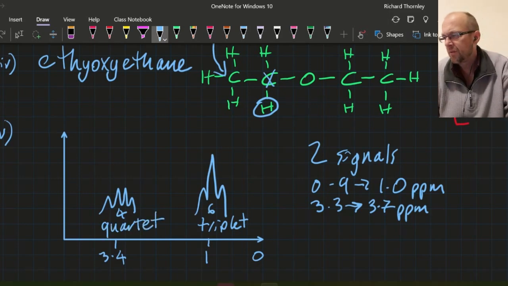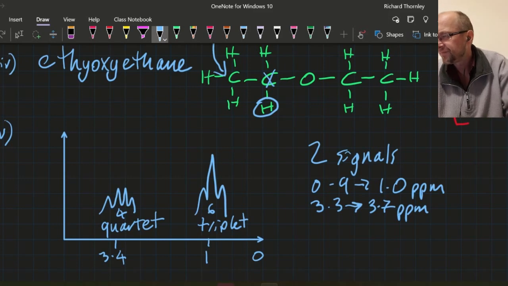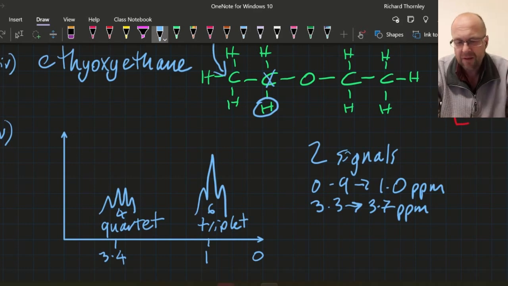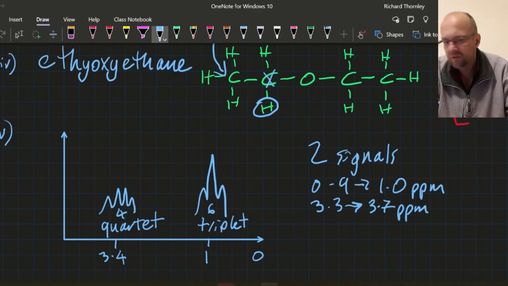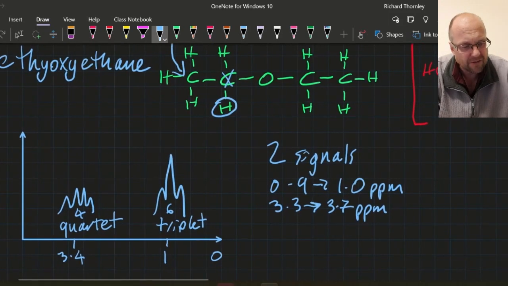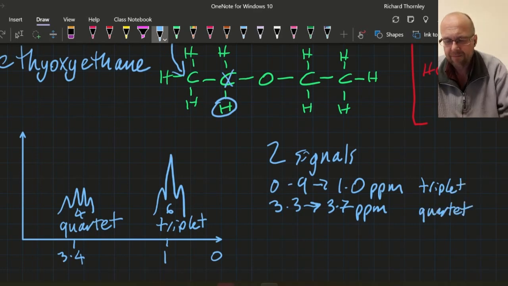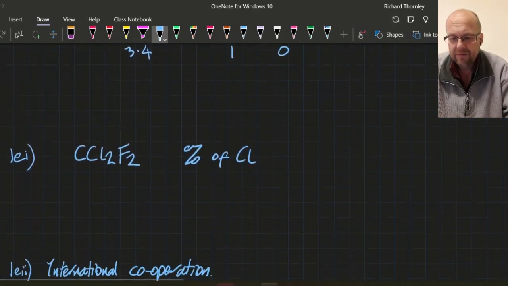That's a lot of work for 3 points. Is any of that right? 2 signals. Oh, they wanted to know which one was the triplet, and which one was the quartet. So I think it'll be clear from my diagram, but just to let you know, that was the triplet, and that was the quartet. All right. Next up,